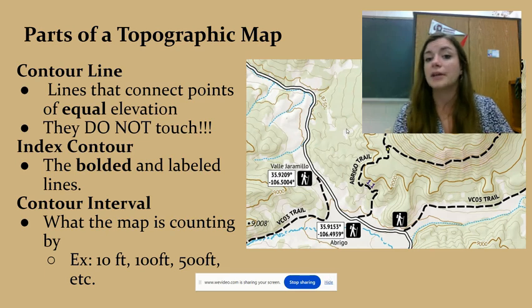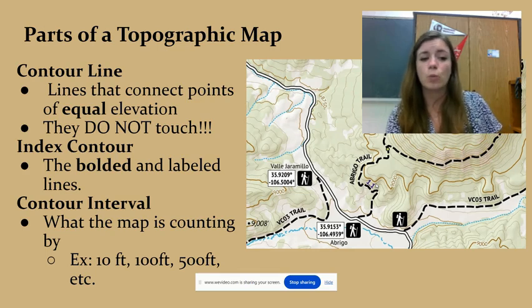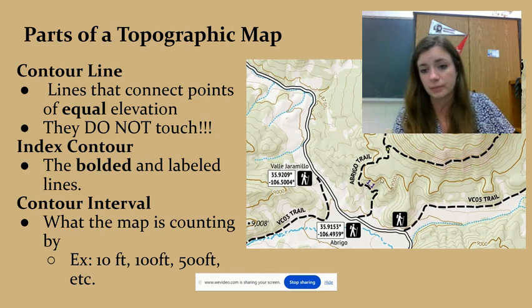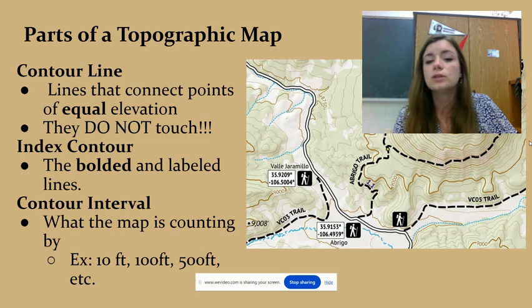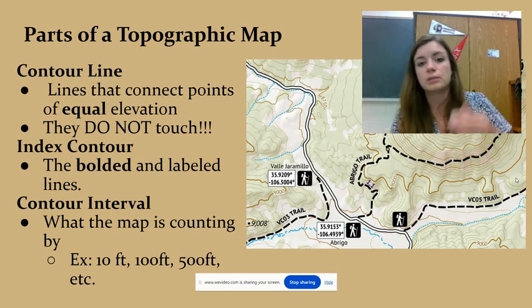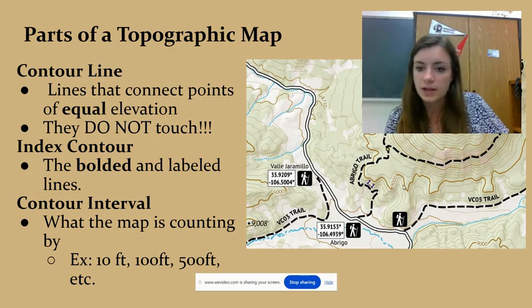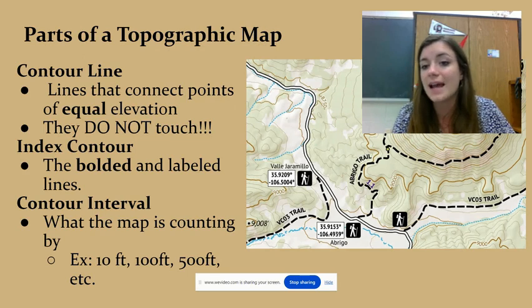Here, for example, I use my index contours for simply the purpose of figuring out what my contour interval is. So here, my index contour says I have an elevation of 9,000 feet. Every single piece of land touching this line is equal to 9,000 feet. The land over here, right? It's slightly under that line, not equal to 9,000. It's worth something less than 9,000. Anyways, so we have our index contour, 9,000. Then we have our next index contour,